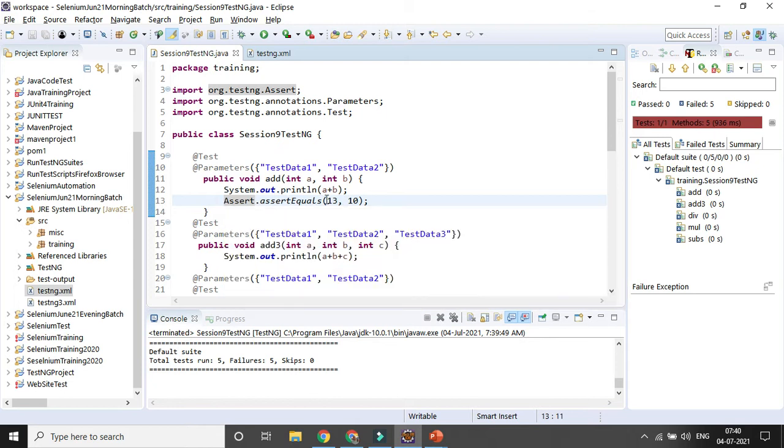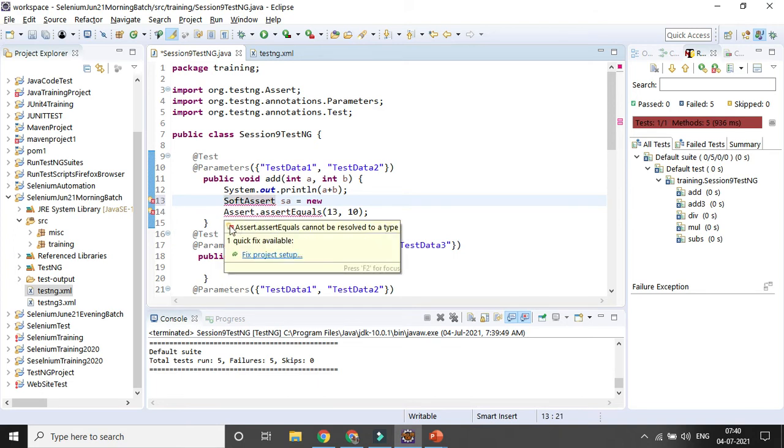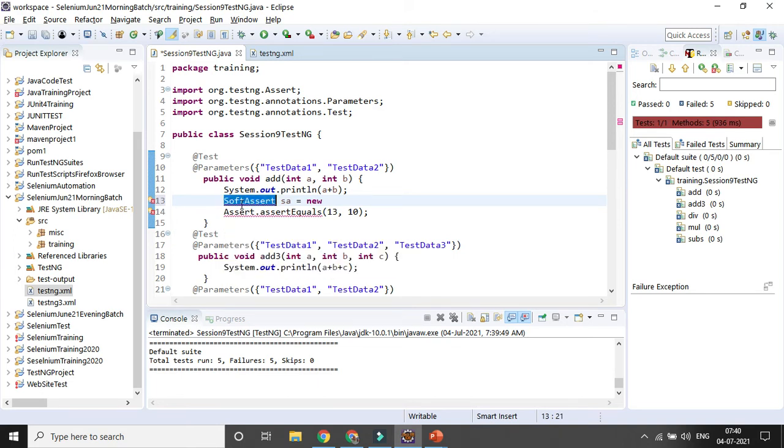So we can use a soft assertion instead of a hard assertion. In case we are hard asserting, the remaining methods are also not getting executed. So that can be a problem.